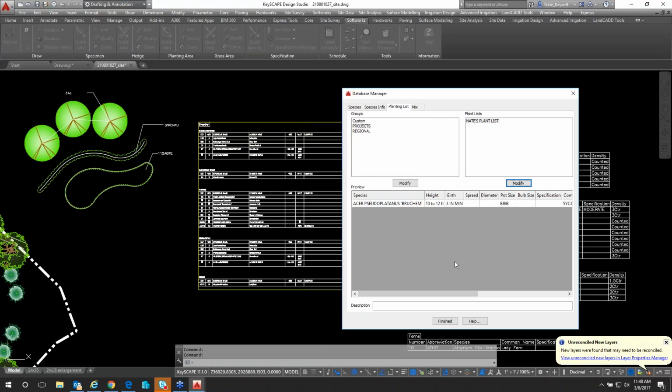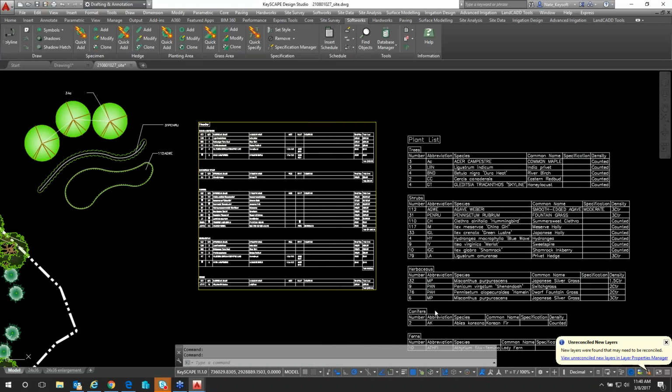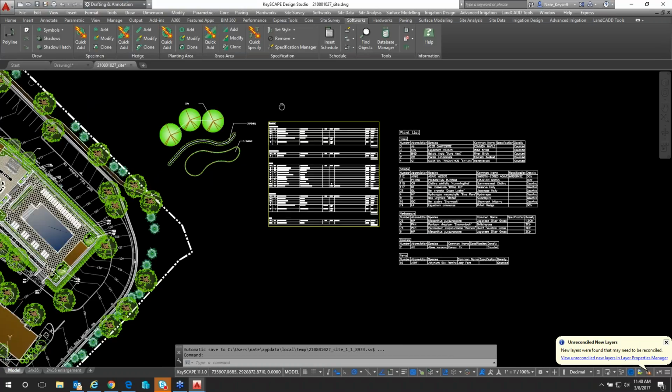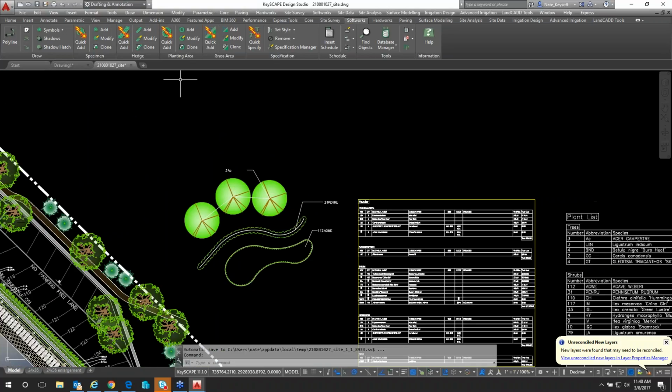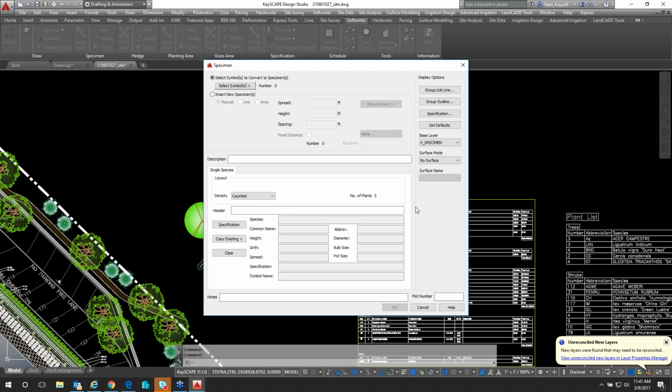I click OK. I click Finished. Now say I wanted to put a new tree into my drawing. I go to Add Specimen, Insert New. Again, let's say it's a big shade tree. I go to Specification,